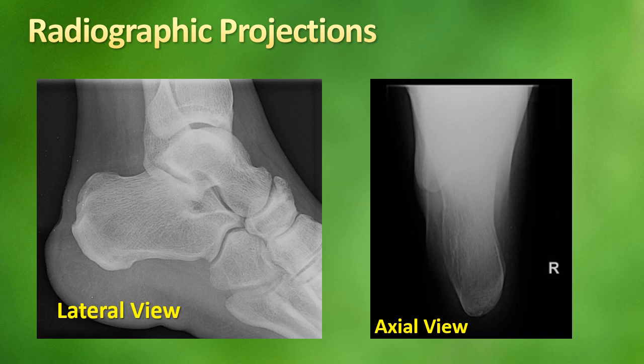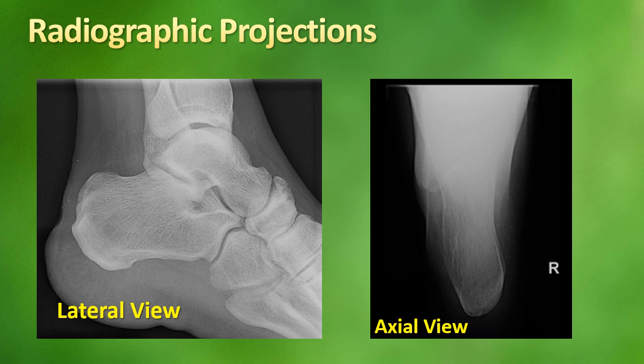Well, before moving ahead to mechanism of injury, we should know some important details related to the calcaneum. The first and foremost here is the radiographic projections. As we all know, the two important radiographic projections are antero-posterior and lateral. There is a little bit of difference here in the calcaneum. Lateral projection is very much clear, which you can see in the first X-ray, but we cannot take an antero-posterior projection because all the metatarsal, tarsal and phalanges will overlap and it won't be a meaningful projection.